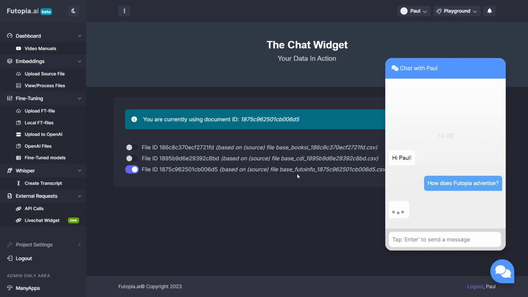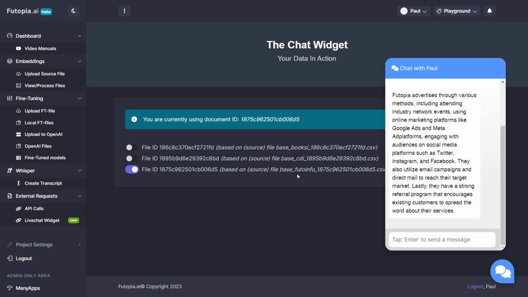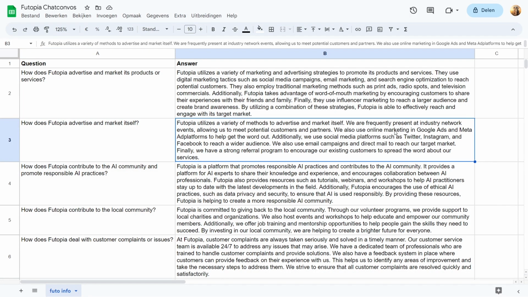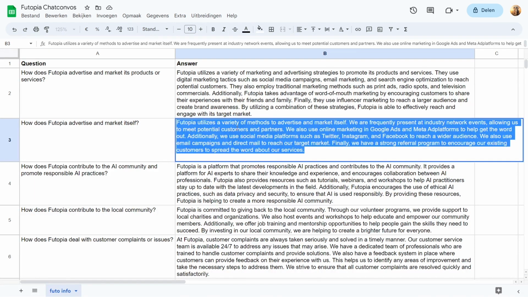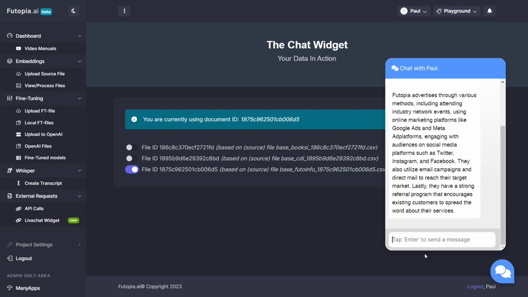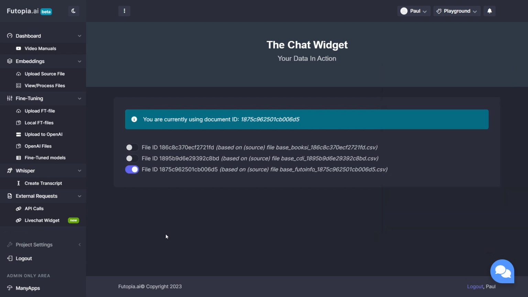It will always take a few seconds to get it from OpenAI. Okay, Futopia advertises through various methods, including attending industry network events, using online marketing platforms like Google Ads and Meta platforms. Okay, and as you can see, it is exactly what it's mentioned right here. So that works perfect. It only took a couple of seconds,